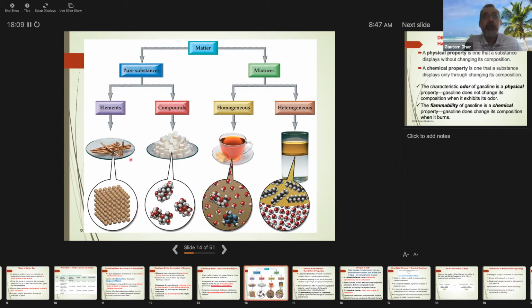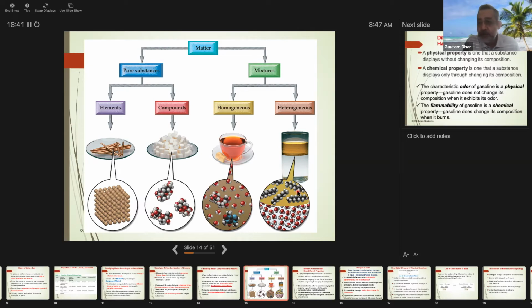You have to know these classifications and examples from each of these classes. So you'll be asked, what kind of mixture is this? Oil and water. So the answer would be heterogeneous mixture. What is air? Is it a pure substance or a mixture? So think of what air is.